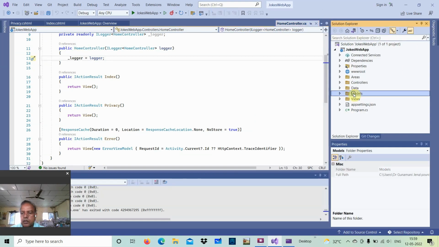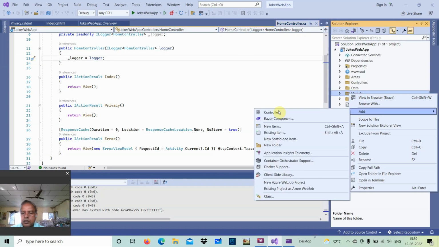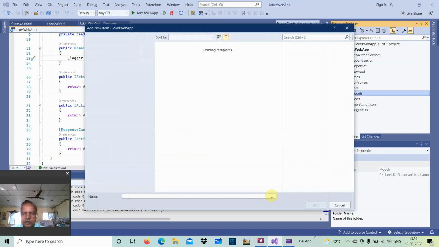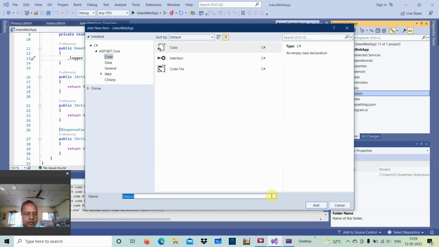Then I go to the model, right click, then you add, then you create something like that, a class. The class is here. Then it will ask you what class name you want to put here. What is the class name you are putting? You are putting Jokes. You remember? So I am writing J O K E S. Fine. So Jokes, by default .cs it will take. C sharp we are using, so by default it will take C sharp. Nothing to worry. So when I click this and I add it there,